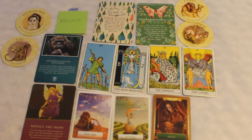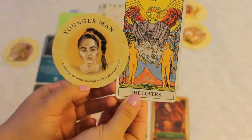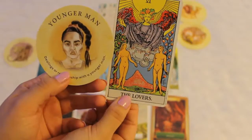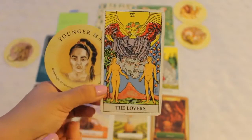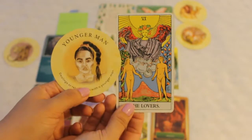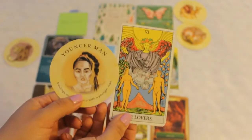And then I think we have a little bit of relationship kind of going on here with, let me get that in focus, the Lovers and the younger man. Dealings or relationship with the younger man. So I mean, that's pretty obvious. And Lovers, that's union, passion, relationship, that sort of thing. So I feel like if you are single, there is a possibility for a relationship or someone that you're going to be dealing with romantically in the month of August. If you are already in a relationship,